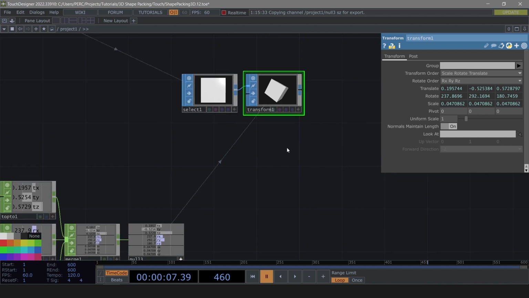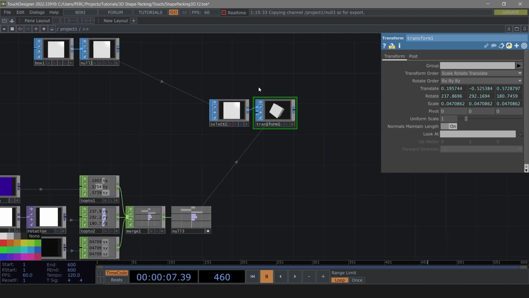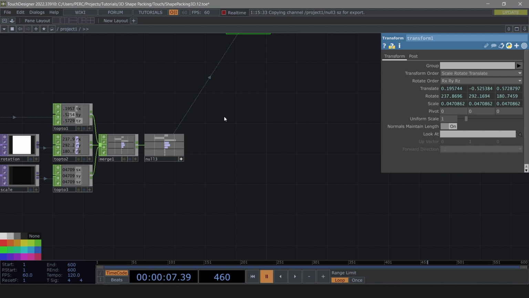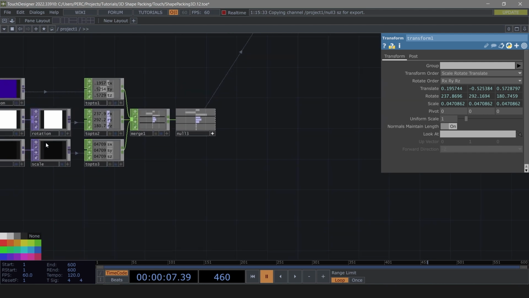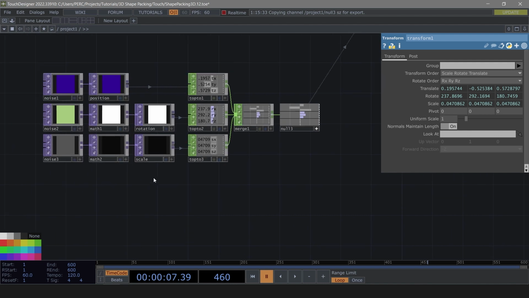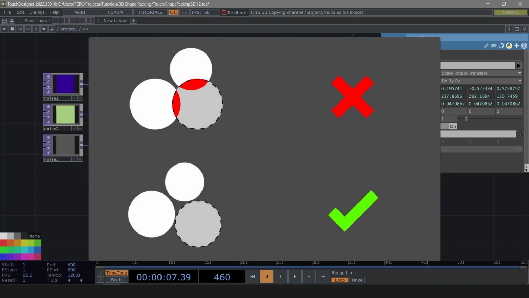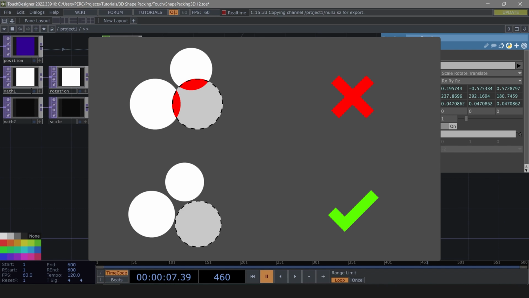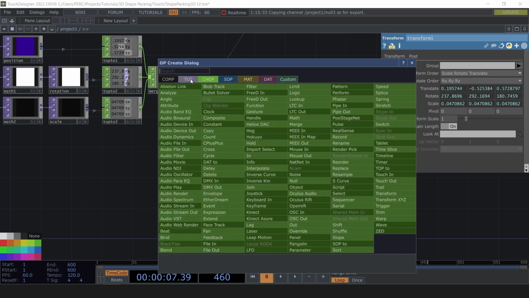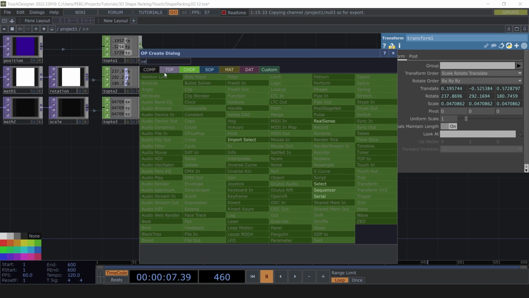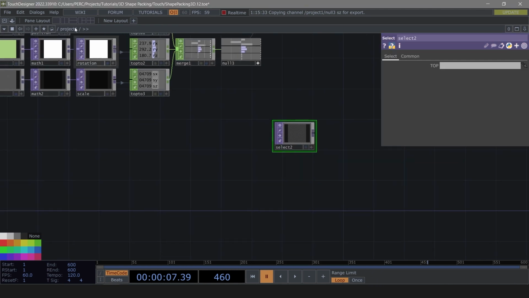We can now start the setup for how we're gonna keep track of all of this. We're gonna use another texture with a feedback to keep a buffer of all the previous transformations that have worked without having any intersections. So how do we do that? We're gonna select this tree,